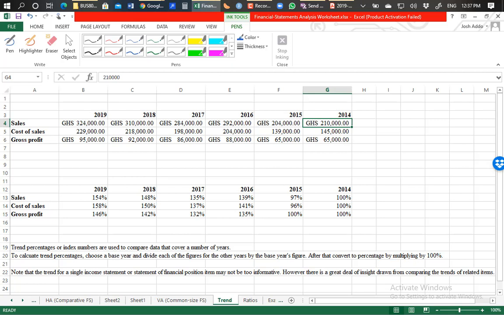So 2014 is the reference year. Also, it has some element of vertical analysis, where we compare every other item to a base item in the balance sheet, for example, comparing every balance sheet item to the total assets. So there is that similarity with the common size financial statement. We are comparing everything else to the 2014 figure